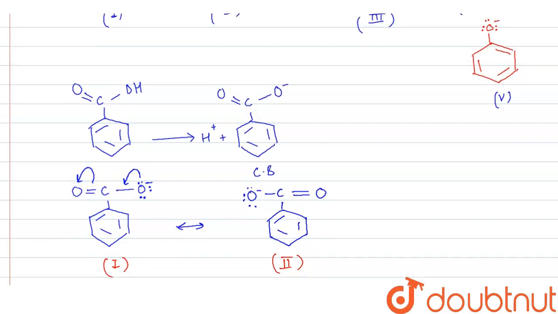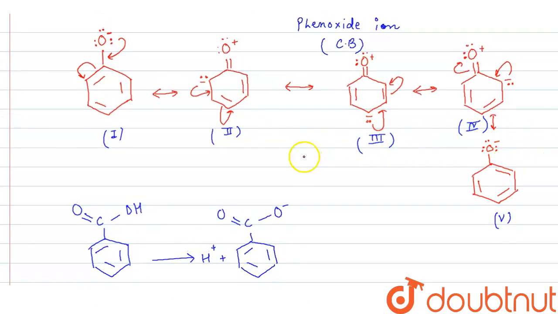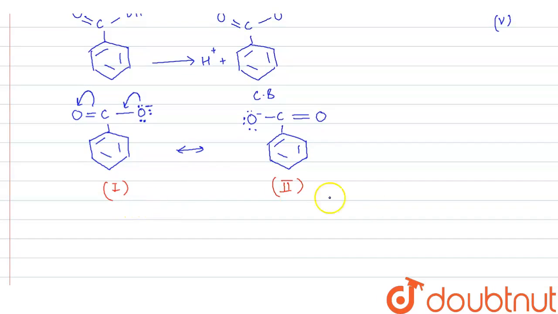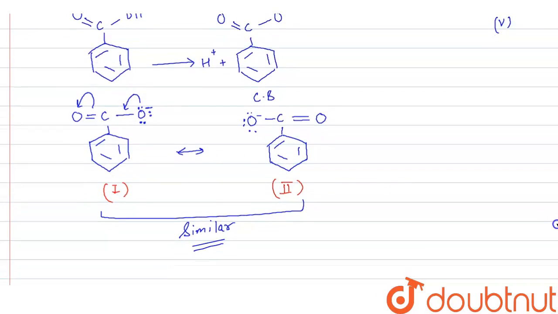Right. Now the difference is that if you see the phenoxide ion and if you see the structures second, third and fourth, which are intermediate structures, here negative charge is present on a carbon atom. And we know that carbon is less electronegative, and negative charge on an atom which is less electronegative is not stable. So these three structures are not at all stable, so they will not contribute much to the resonance hybrid. And here we are getting only two structures, but these two structures are similar. Both these structures are similar, right? So